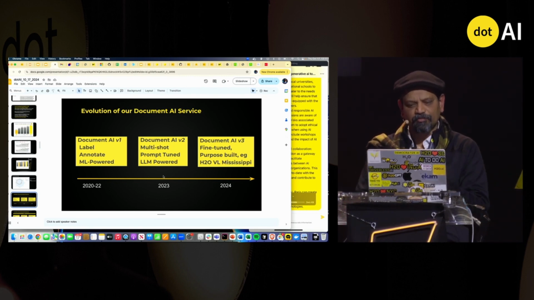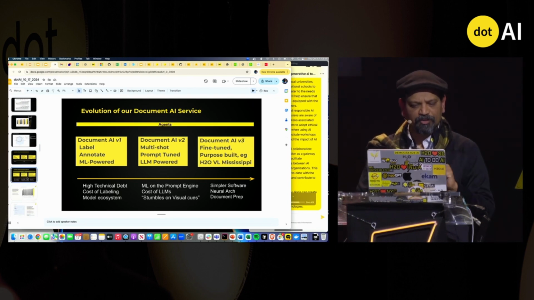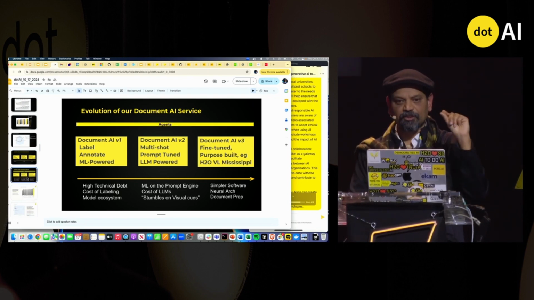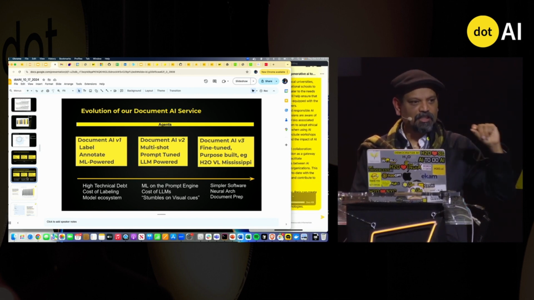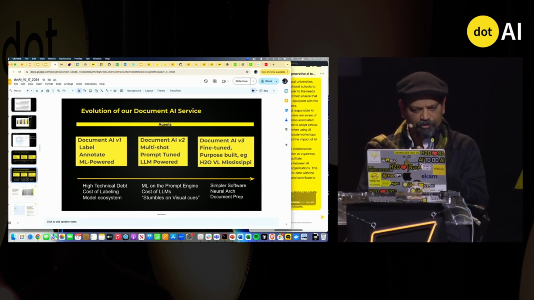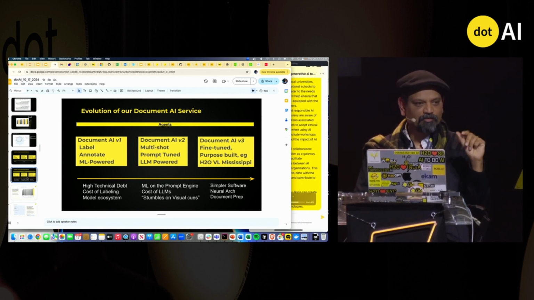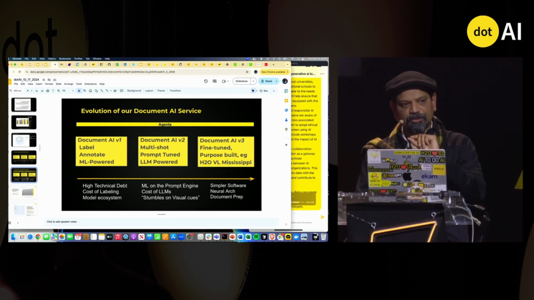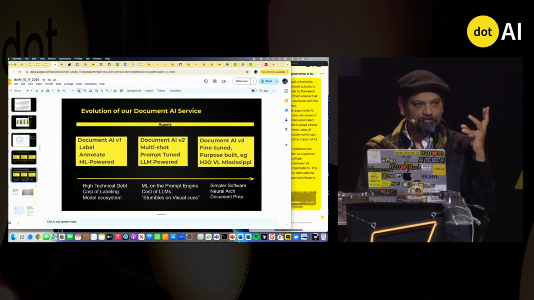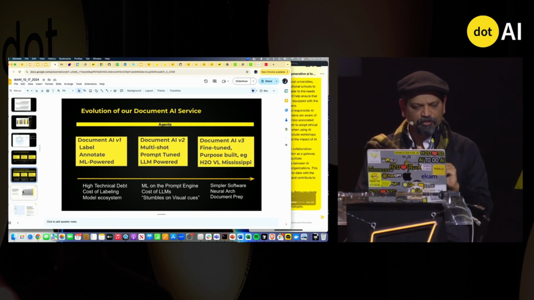And that's what we're bringing out as Mississippi. We're naming our models after rivers. And I think the future evolution of this is you're going to use an agent to call these specialized Document AI or other purpose-built tools. And we're going to demonstrate some of the tools there. But the characteristics of these models are, in the LLM-powered world, you're doing prompt tuning. But as you get to the LLM as a whole, the VL, visual language LLMs, you're basically able to do a much simpler architecture.